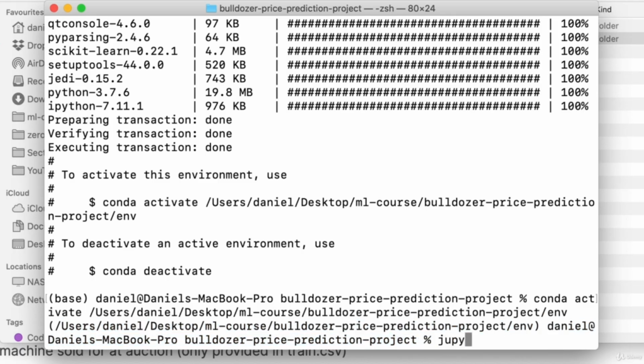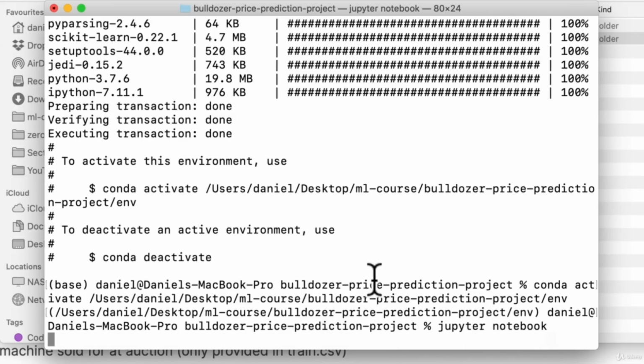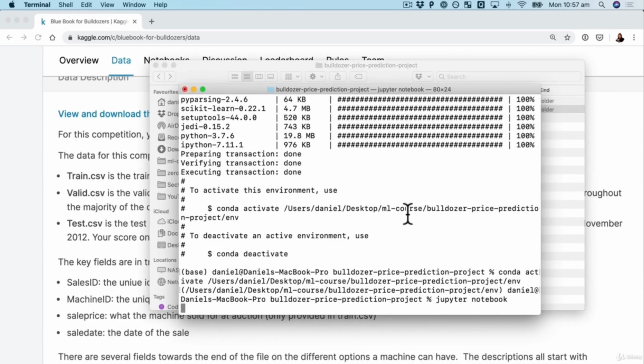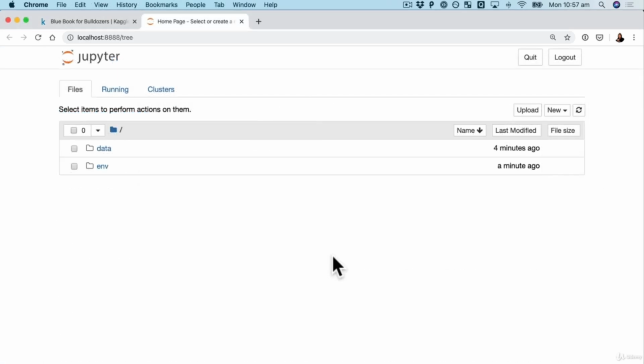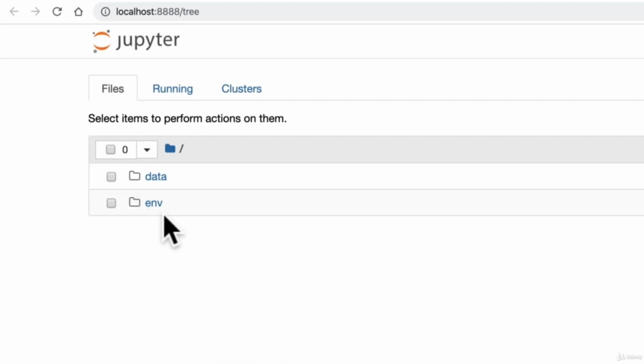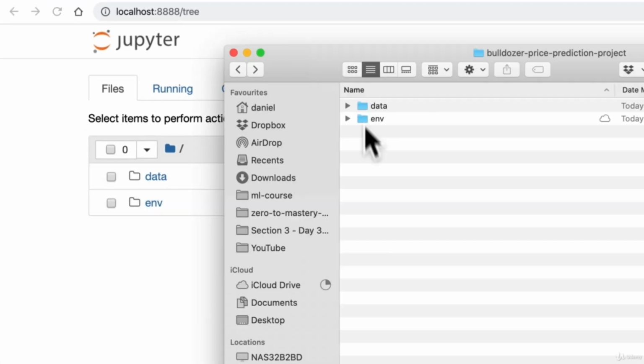And to test if we've got Jupyter installed, we can type in jupyter notebook. What this is going to do is create a server on our local machine, aka this computer right here, running Jupyter, which is where we can start Jupyter Notebooks and get our workspace up and running. Beautiful. So that took about 30 seconds or so. The first time you run it in a new environment, it may take a little while to load. Now we've got the exact same folder that we created in our File Explorer, or Finder in my case,